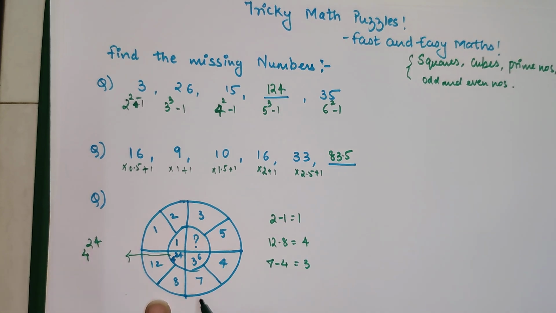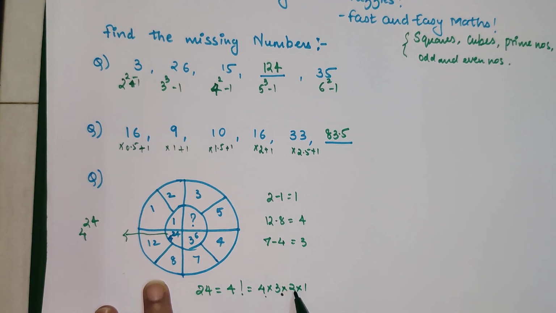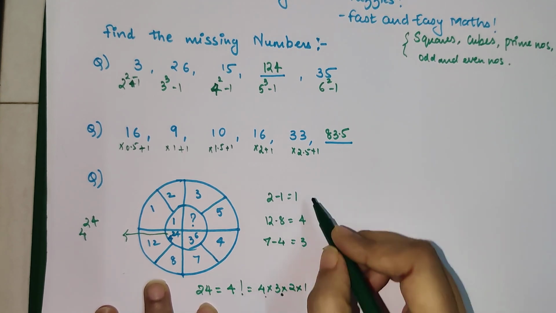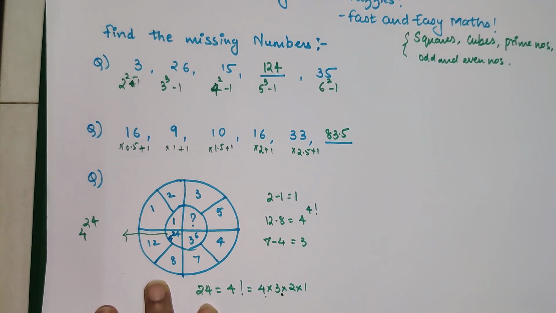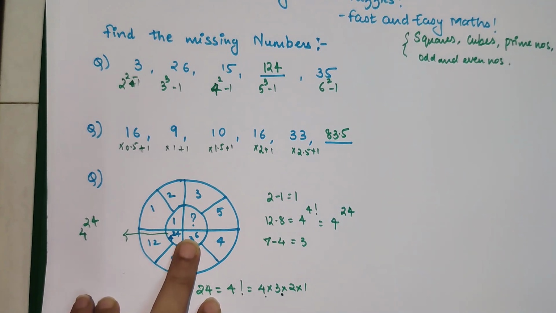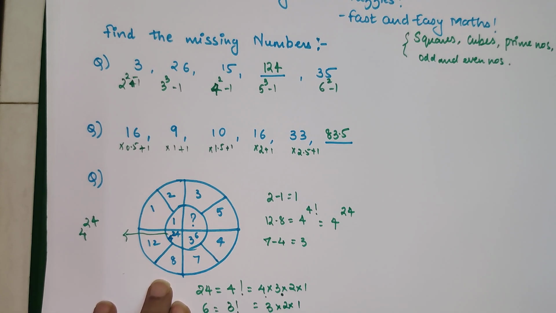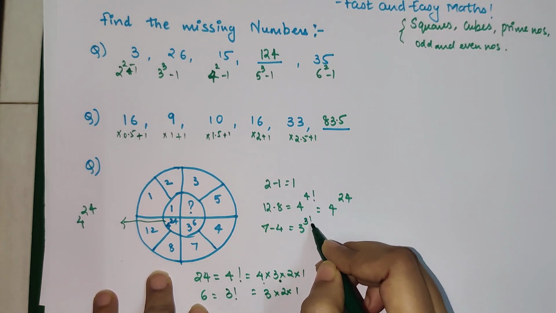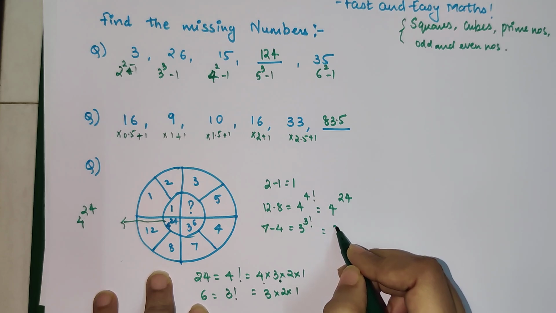So now we understood that all of these bases we got, but now how do we get the indices? Here they are looking for 24, and those of you who know the value of factorials, that is nothing but 4 factorial. Why? Because 4 factorial is nothing but 4 into 3 into 2 into 1. So 4 into 3 is 12, 12 into 2 is 24. So that is how you got 24. So here can I write this as nothing but 4 factorial, which eventually turns out to be 4 raised to 24. Similarly, you have 3 raised to 6. So that should be 3 factorial, right? Why? Because 3 factorial is nothing but 3 into 2 into 1. That will get you a 6, right? So I'll write this as nothing but 3 factorial, and this will be nothing but 3 raised to 6.